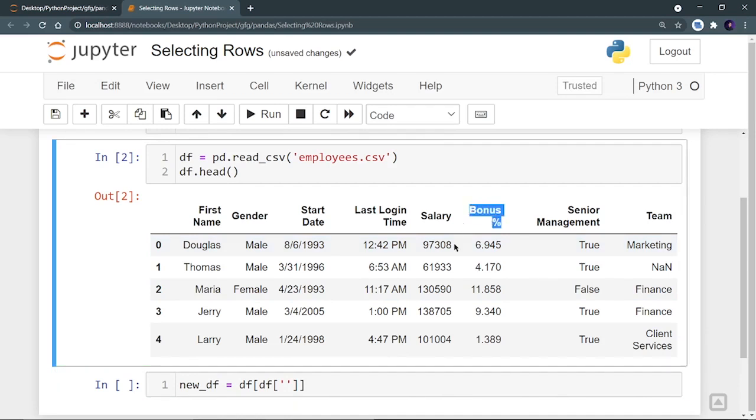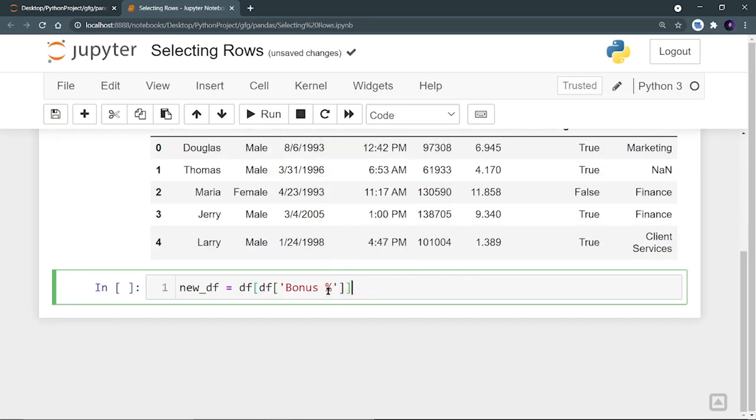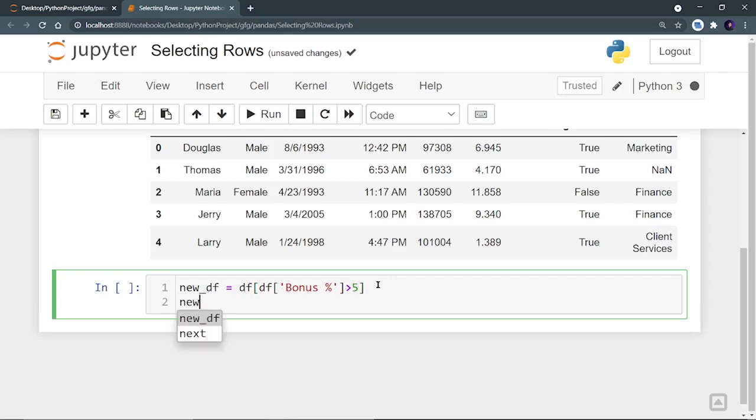So I'm going to write a condition that is df['Bonus %'] should be greater than 5, right? Now all the rows which will be satisfying this condition will be saved in this new data frame. So let's run it and let's first print new_df also.